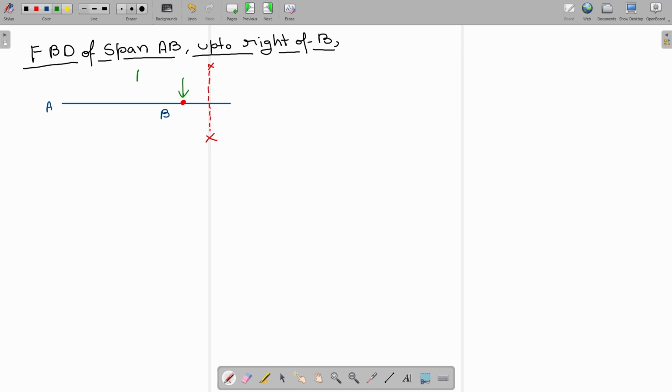This is RBY plus 20 kilonewton. Okay. Let us take like this. Okay. And RBX like this. Okay. At this point, moment about B is 0. So we can write like this. At this point, summation of moment about B is equal to 0.